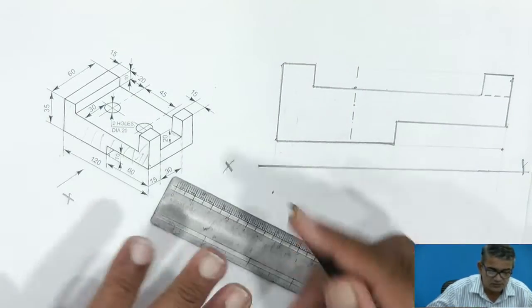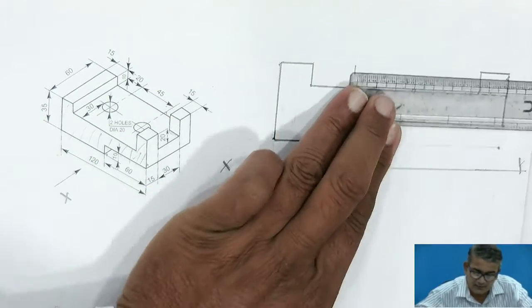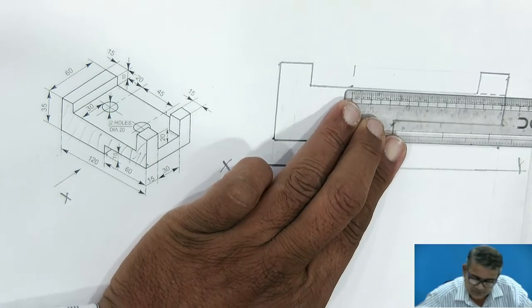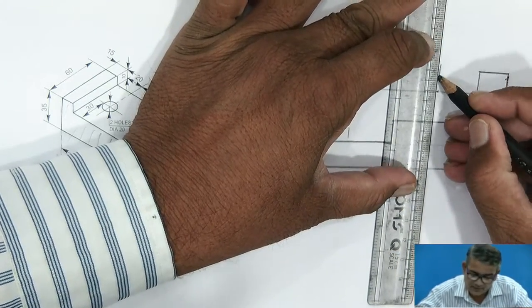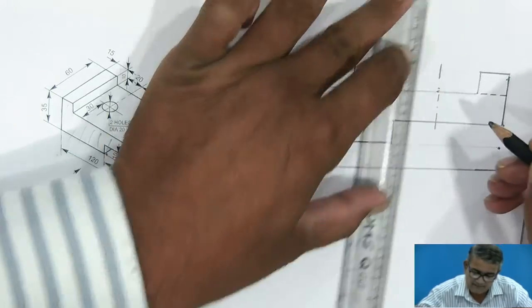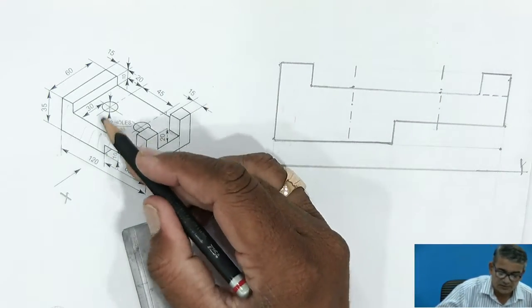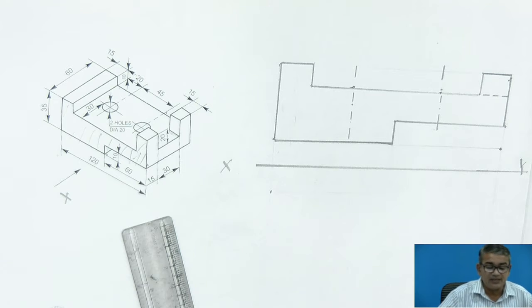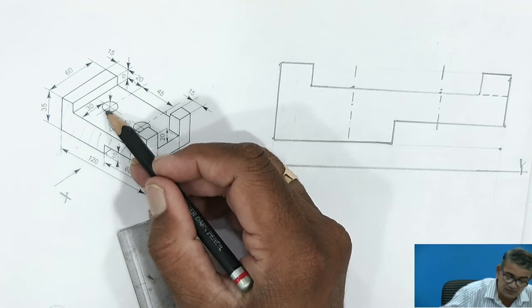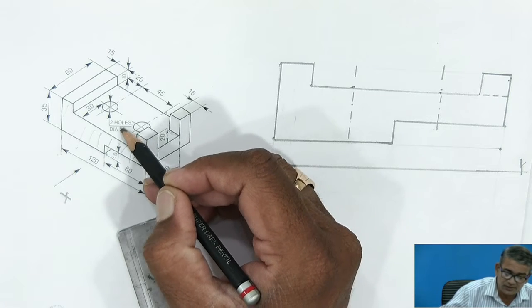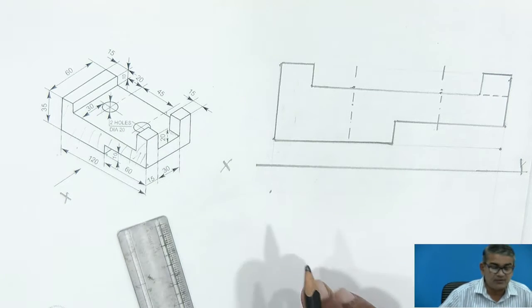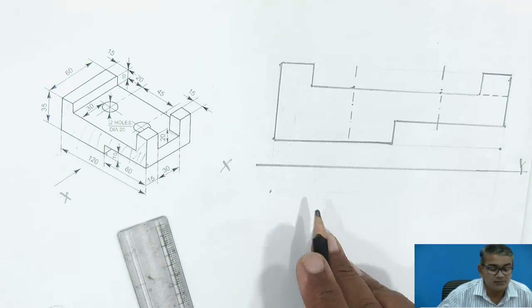And the center to center distance is given as 45. 45. Draw the center line. Okay. So then you draw two holes. These two holes are invisible because in this direction they are hidden. What is the diameter? It is given that the two holes are of diameter 20. Diameter 20 means the radius is 10 mm.